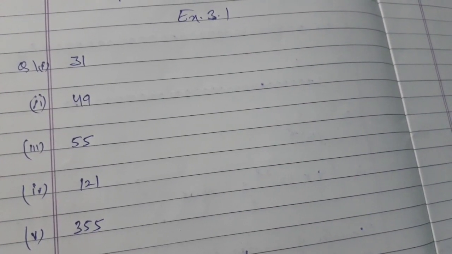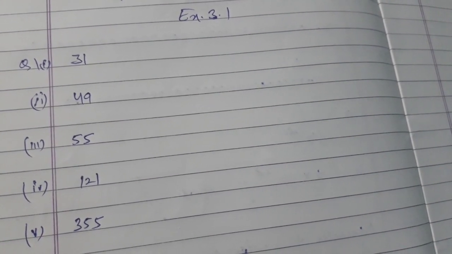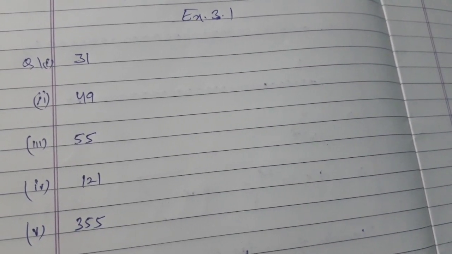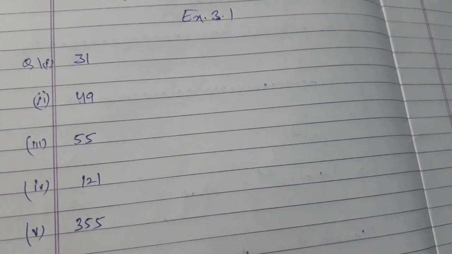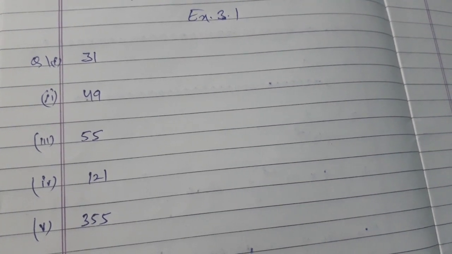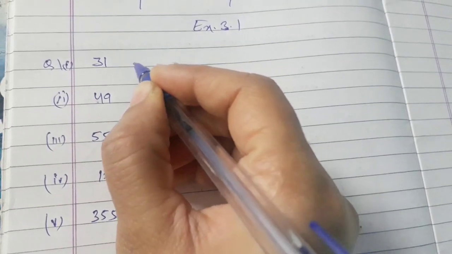In question number 1 of square and square roots exercise 3.1, Goel Brothers Prakashan, class 8, we have to find the squares of the given numbers. So how to find the squares of the given numbers? Square means, in terms of maths, doubling up the number or multiplying the number by itself. So how to find the square of 31?